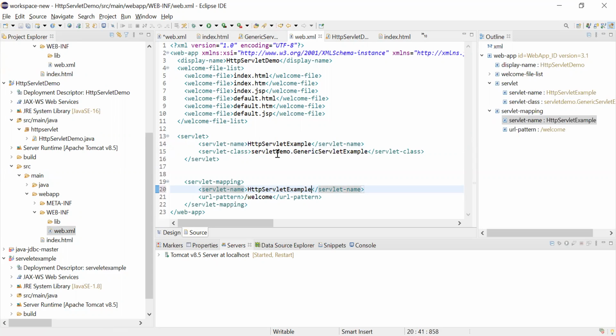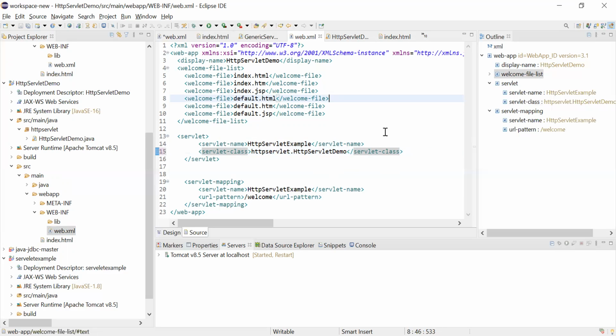And here instead of servlet demo, my package name is HTTP servlet, and the class name is HTTP servlet demo. That's it, done.